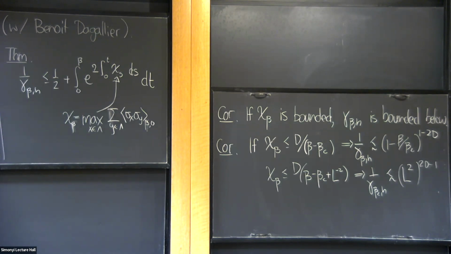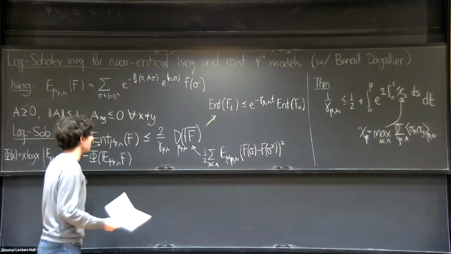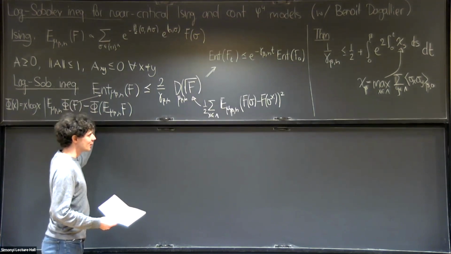So the only polynomial cases that were known before were 2 dimensions, the 2-dimensional case of Lubetsky and Sly, and then there were various cases with simpler geometry: trees, complete graphs, and things like that. And so this is the first case where you can really do it for 5 dimensions. 4 dimensions is not quite polynomial; you also get a bound that's not horrible, but you get an extra log there. So in fact, this Ising model was our initial motivation for looking at this.